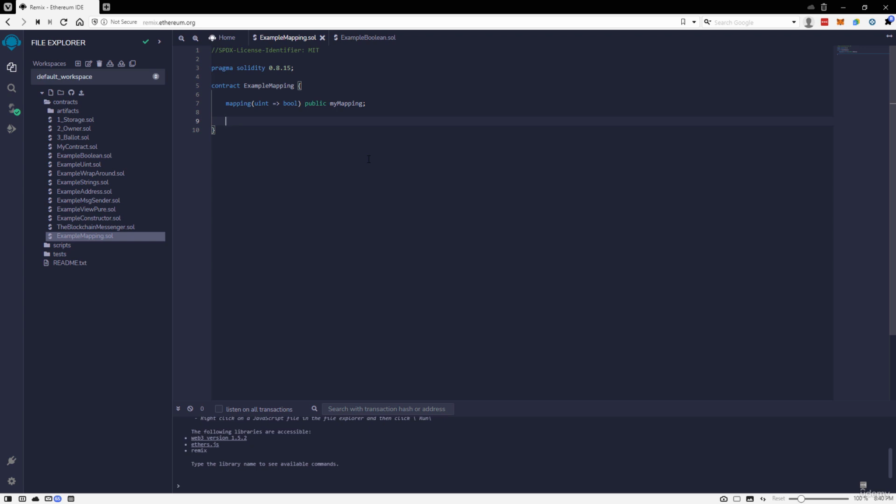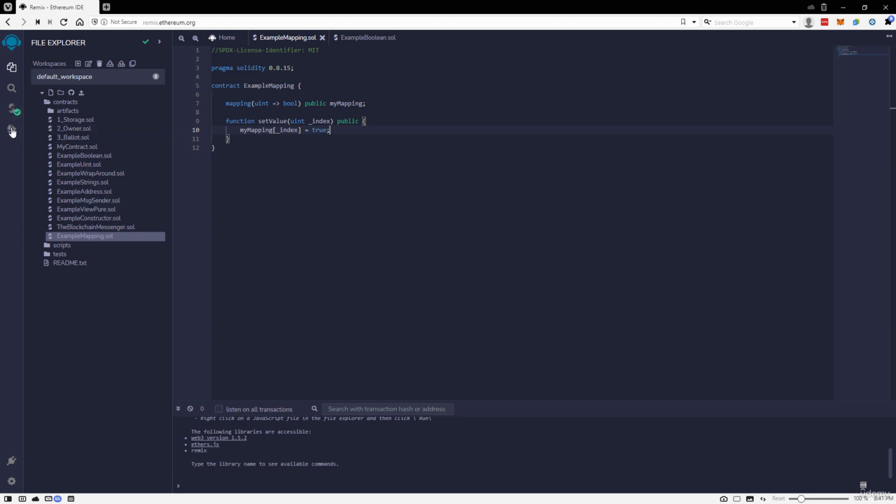The rest of the values are false. Let me show you how that works. We just write a setter function, maybe set value, some index,